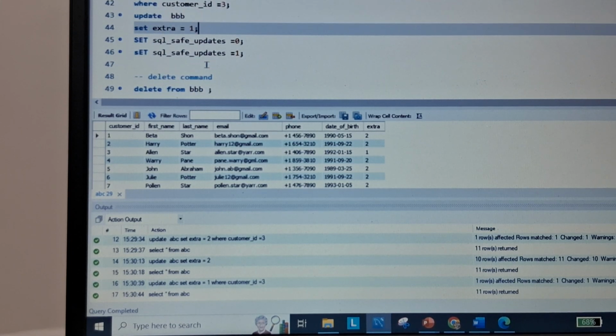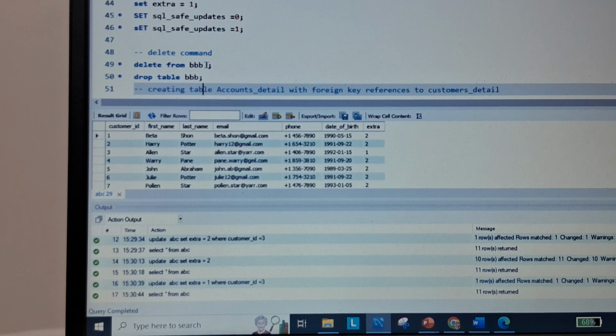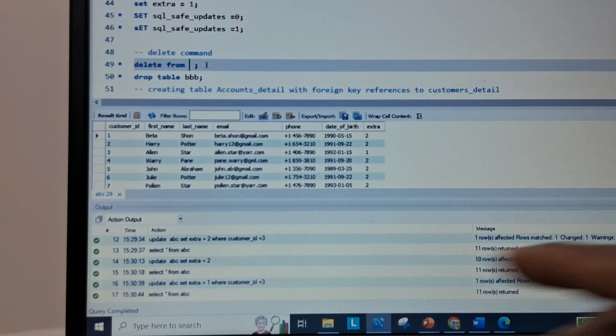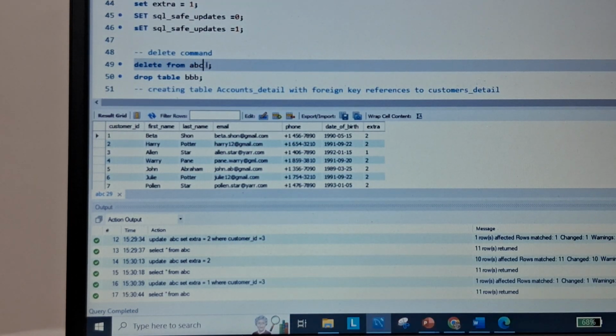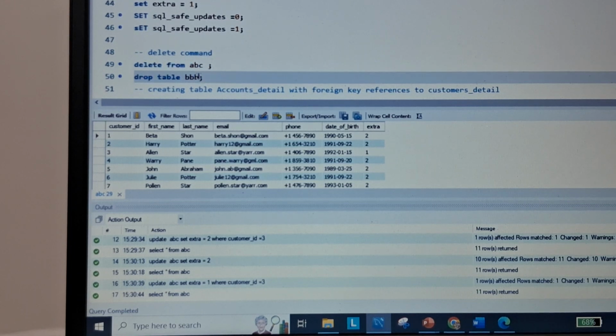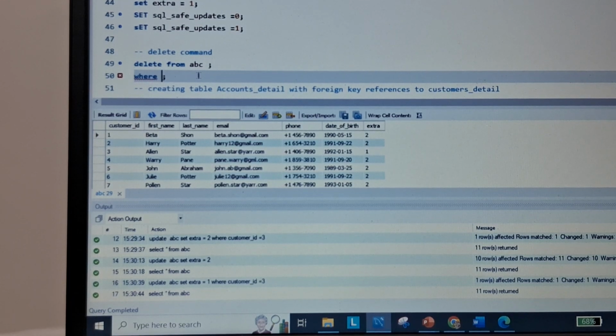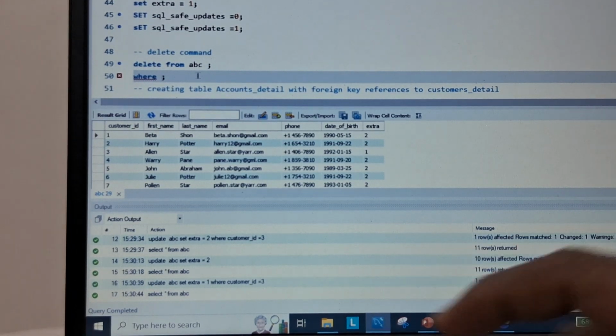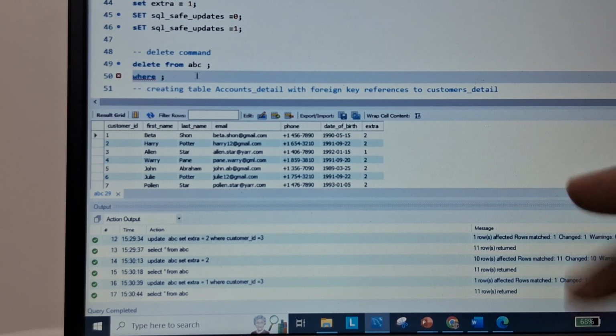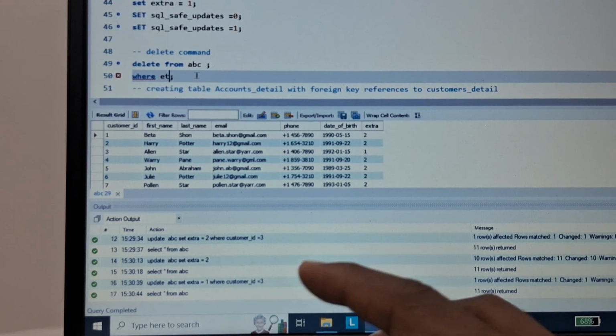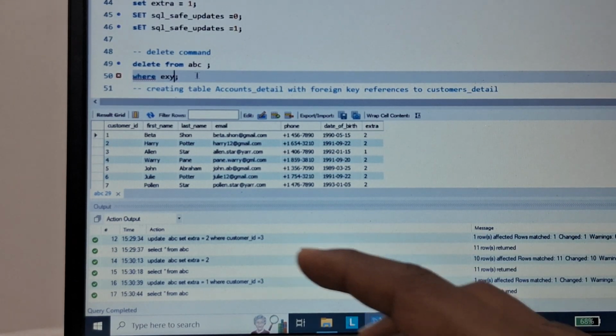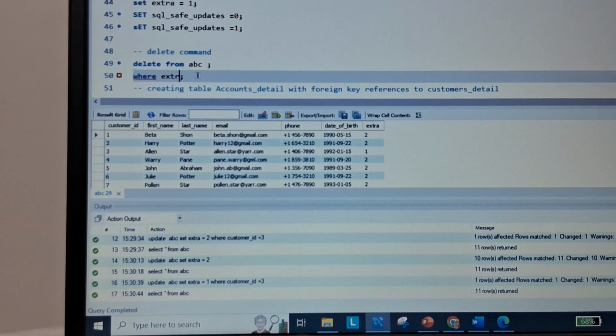So you can also use the delete command. If you want to delete anything, just use your table ABC. The same thing happens with deleting data. So use the where condition, like what you want to delete, where extra equals 1.